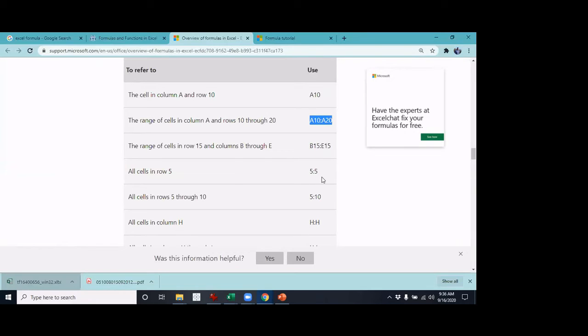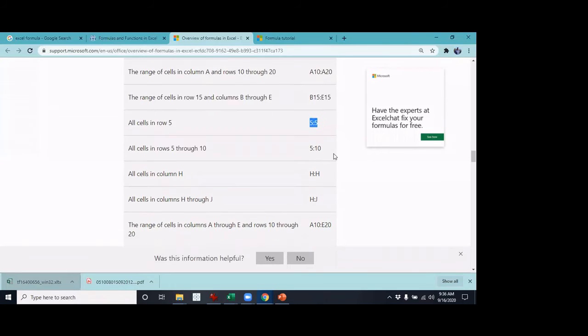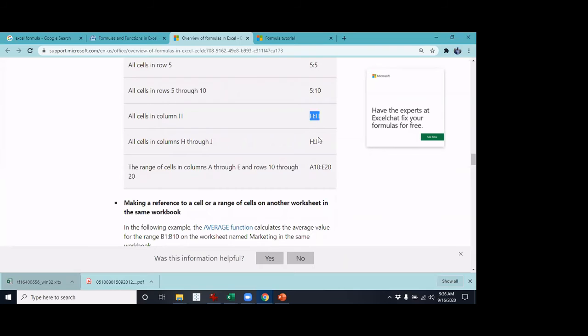No need for demo, hopefully, right? Yeah, okay. And then you also have, if you want to select the entire row, you can do that using this. And if you want to highlight all of the cells in rows 5 to 10, you will be able to do that over here. Similarly, a column, and similarly multiple columns, and this is basically like a rectangle.